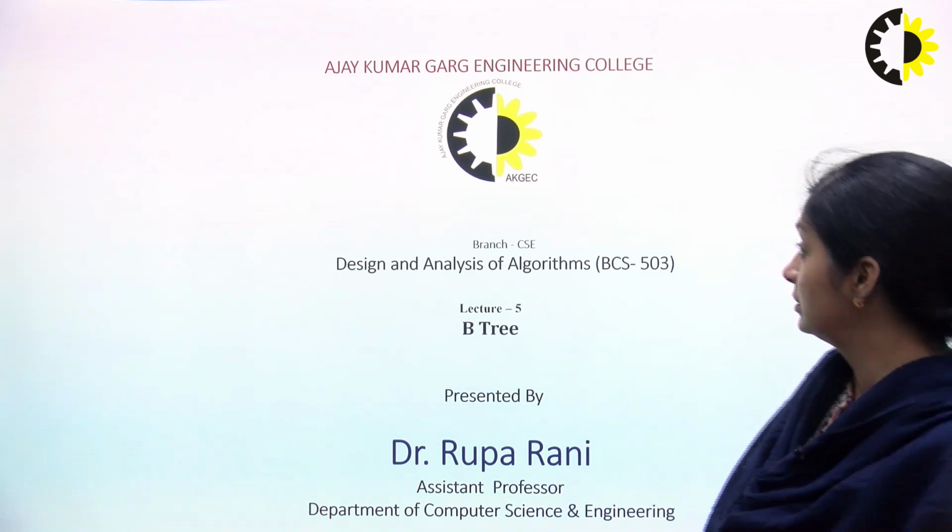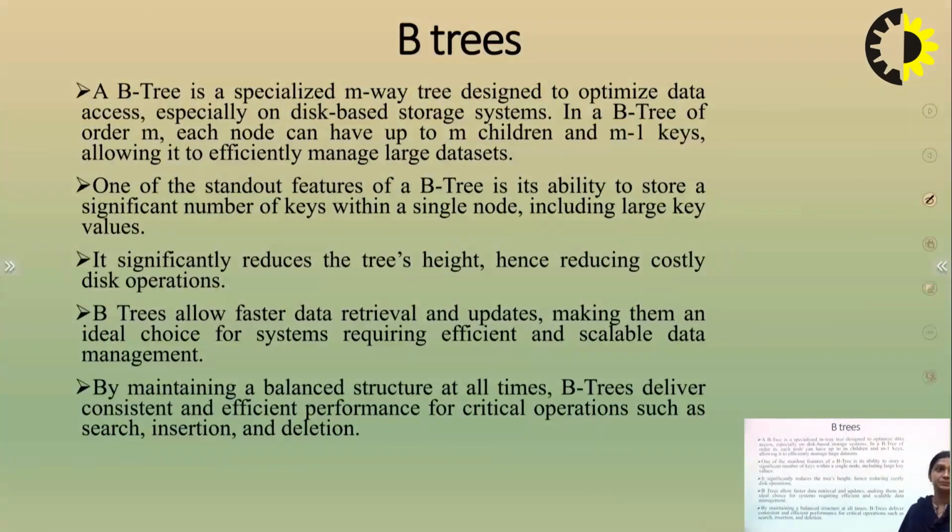Let's start with topic B-tree. First of all, what is a B-tree in DAA? A B-tree is a balanced search tree which is designed to work well with magnetic disks or storage devices. As I told you in the points, in a B-tree of order m, each node can have up to m children and m-1 keys, which allow it to efficiently manage